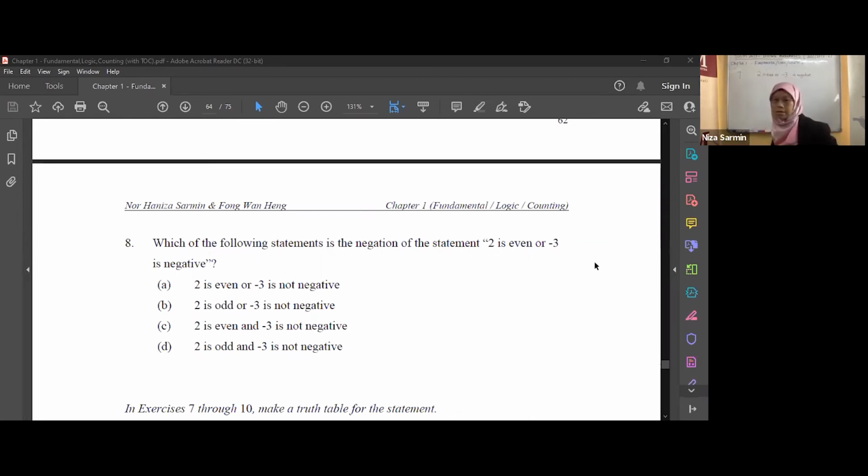So the negation would be 2 is odd and -3 is positive, right? 2 is odd and -3 is not negative, sorry, positive. That's the negation. The negation of 2 is even or -3 is negative is equal to 2 is odd and